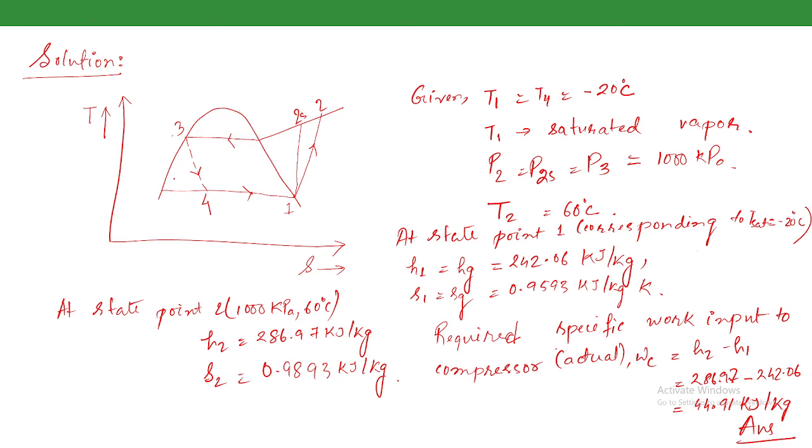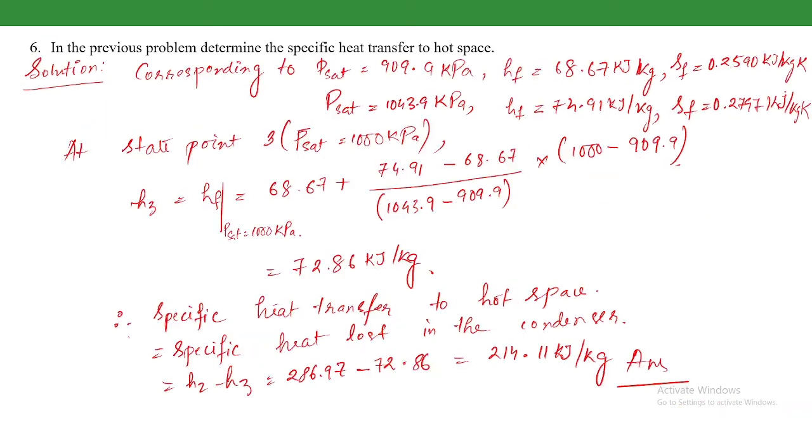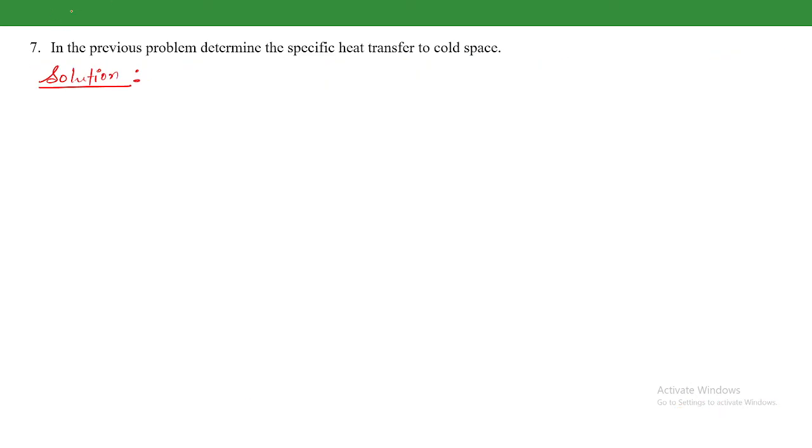You will see that this will be an isenthalpic expansion. How? Let us see. Considering the throttling device as a control volume,